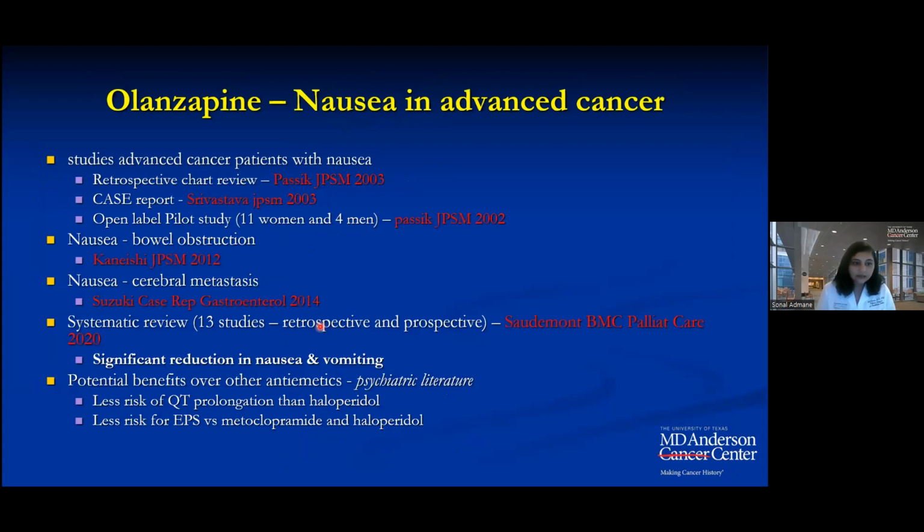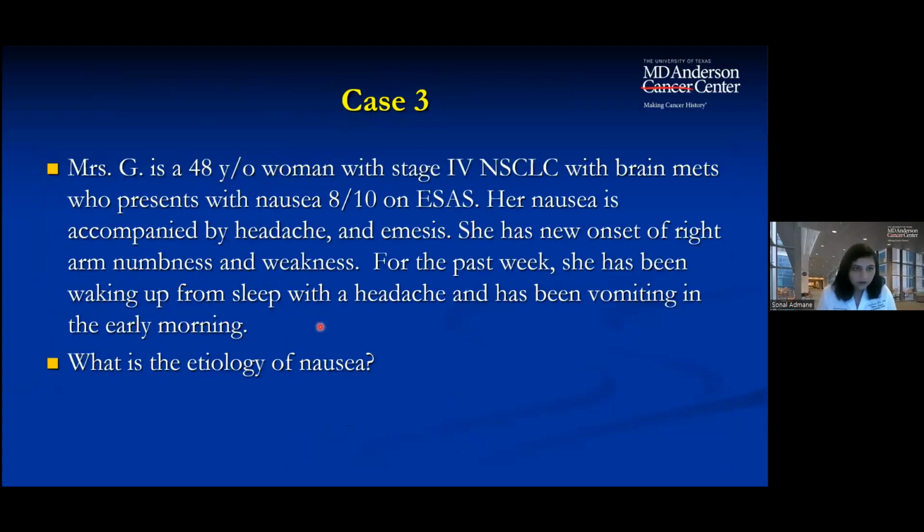So this is again evidence of olanzapine, which is also, like you see, showing promise in different etiologies, including use in bowel obstruction, cerebral mets, and then of course in patients with cancer. So moving on to the next case,